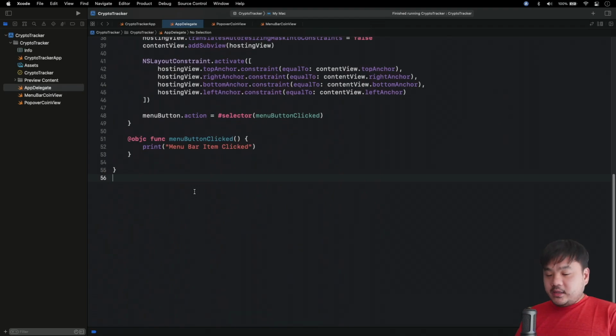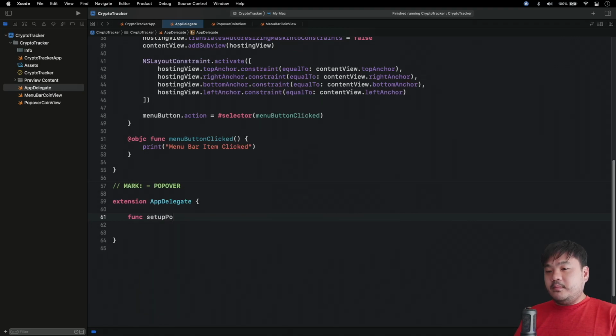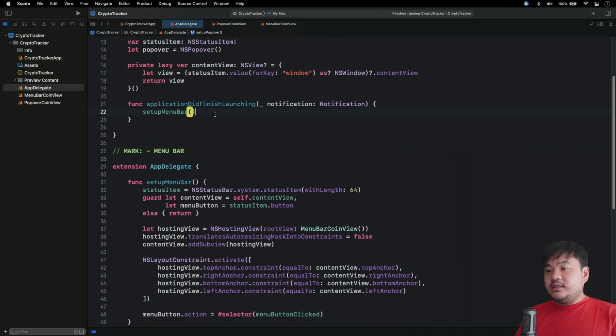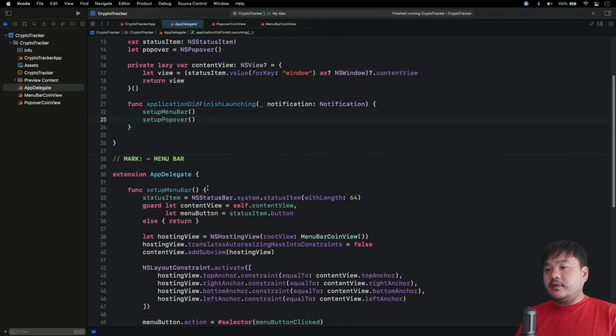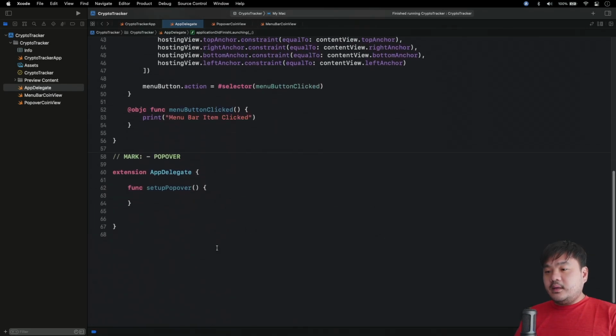And let's create another extension for app delegate. And this time, let's give it a pragma mark of Popover. And let's declare a method setupPopover. Make sure to invoke this here in the applicationDidFinishLaunching method. And inside this setupPopover, first let's set up the